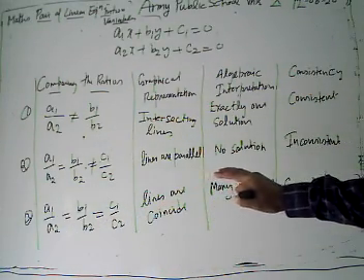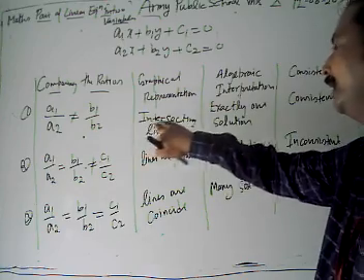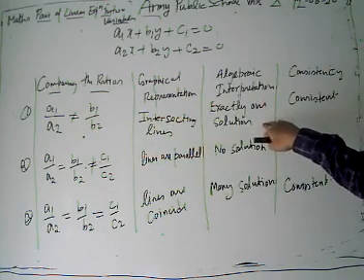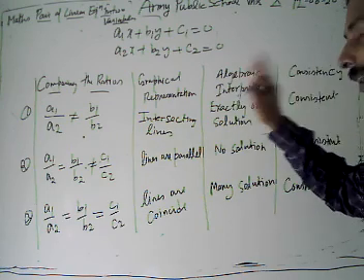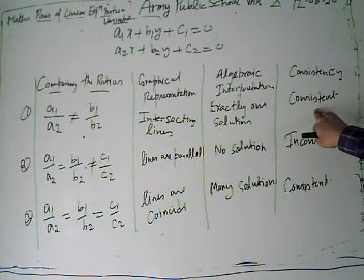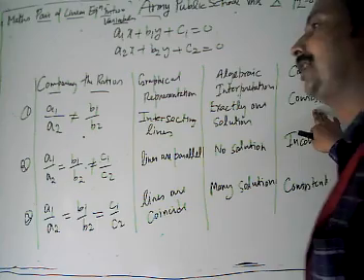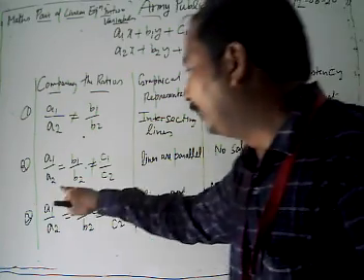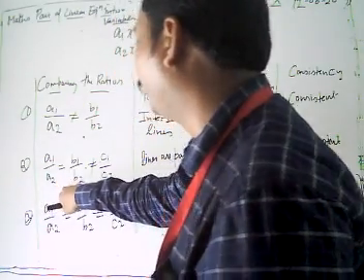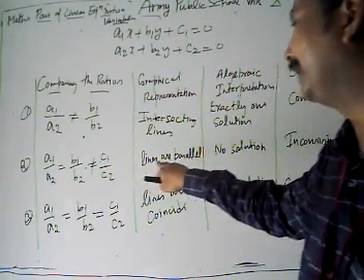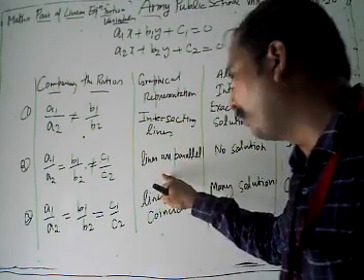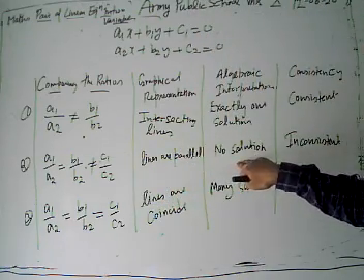When we have a1 by a2 not equal to b1 by b2, it is a case of intersecting lines, with exactly one solution in algebraic terms. When we have one solution or many solutions, it is a case of consistency. And when a1 by a2 equals b1 by b2 not equal to c1 by c2, the lines are parallel, there is not a single common point, and it is a case of no solution algebraically.